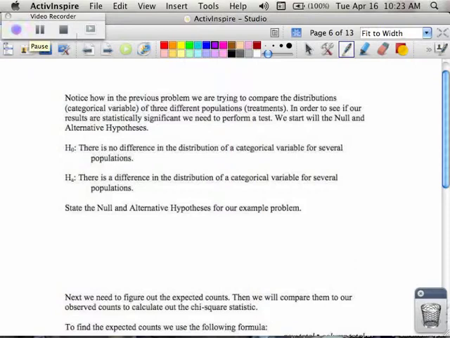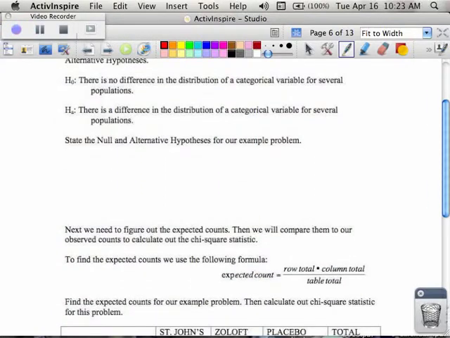So notice how we're trying to, in the previous problem, compare the distributions of a categorical variable in 3 different populations, or treatments, in other words, St. John's, the placebo, and Zoloft, in order to see if our results are significant. And we want to perform a test. So you start with null and alternative hypotheses. These are very similar to what we were doing previously, where we say in our null hypothesis that the status quo would be that there are no differences between the treatments, and then our alternative would be that there are differences between our treatments. So for our example problem, what we would say is something like maybe H0,